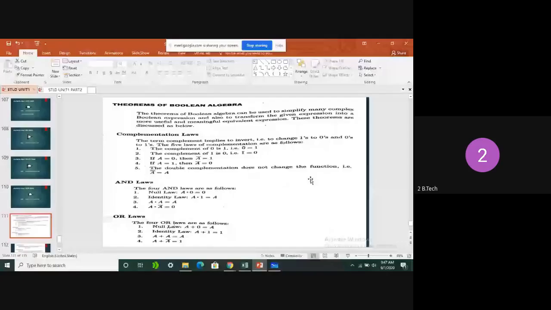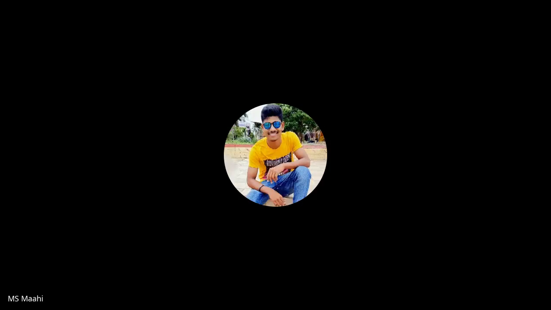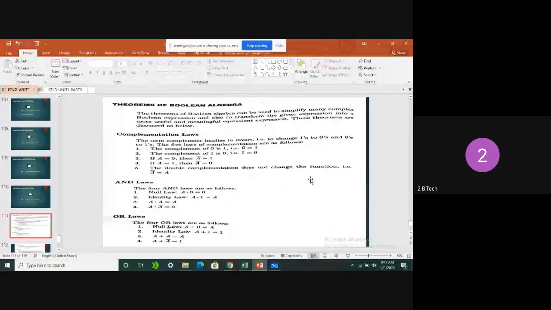A complementation law in the sense, if one is there, what is the complement for one? It is 0. So the complement of 0 is always 1. Why? Because a digital signal is represented by only two combinations, 1 and 0, two polarities or two logics only, logic 1 or logic 0. So the complement of 1 is always 0, and the complement of 0 is always 1.